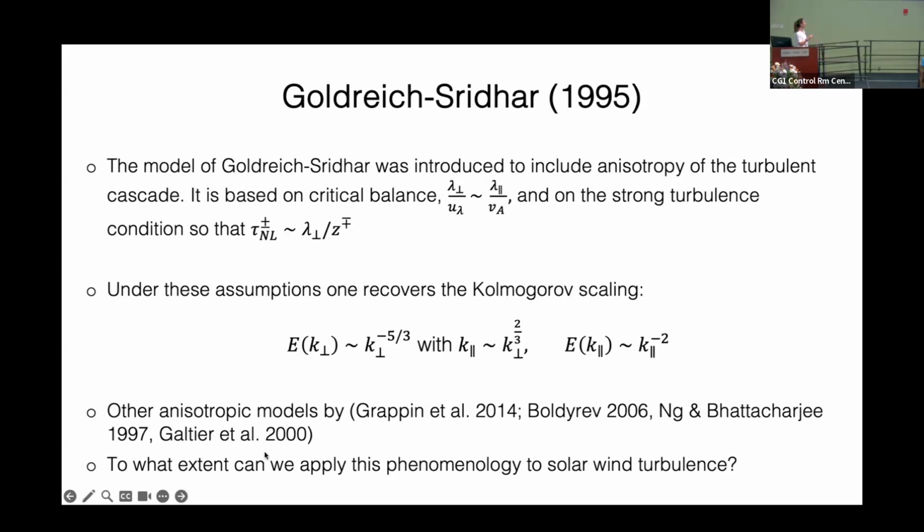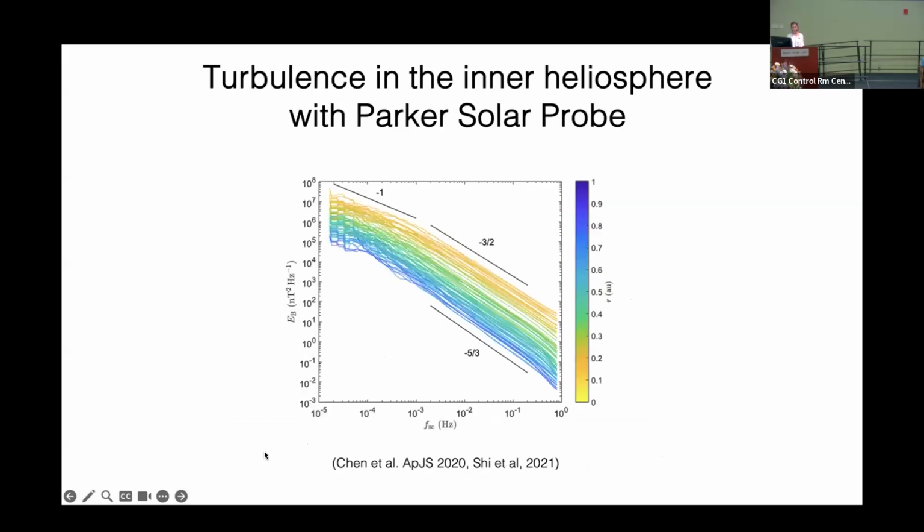the nonlinear time is postulated to be the analogue of the Kolmogorov eddy turnover time, with the exception that instead of lambda, you have lambda perp. So again, you have at this point all of the ingredients to obtain the corresponding predicted energy spectra. Now, how well does this phenomenology do to reproduce observations? This is another example of the magnetic energy spectrum at different radial distances from the sun. These are taken by Parker Solar Probe, okay?